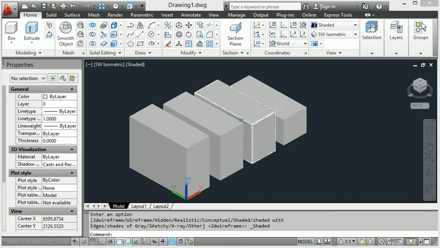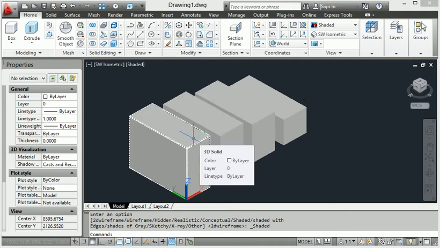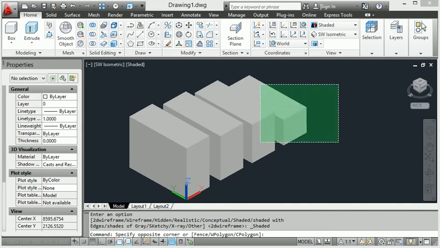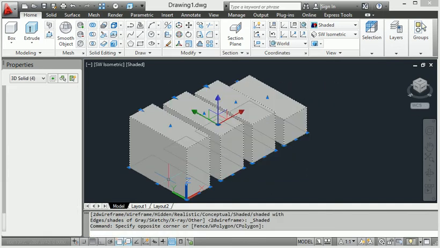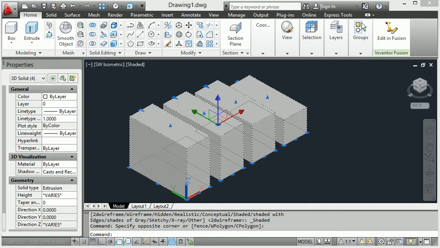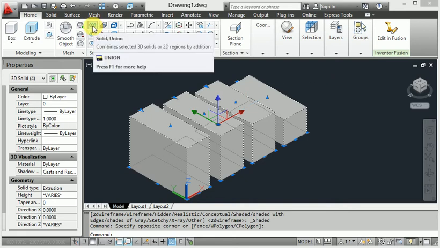Let's see how to use the separate command properly on the whole diagram. First of all, this is the individual selection. Every component is selected individually. But I want to union the whole component, making it one body selection. So let's select the whole diagram.